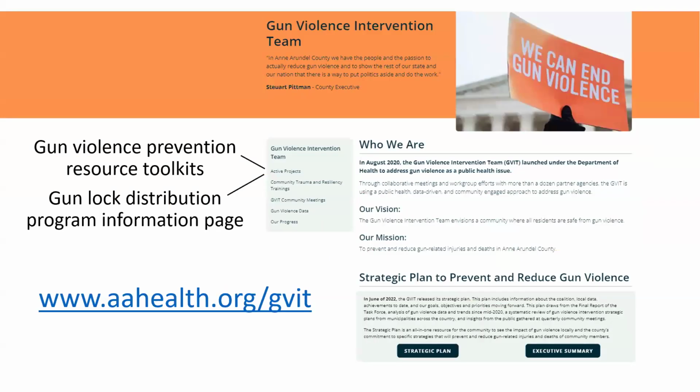So this is a little bit about the Gun Violence Intervention Team, or you'll see it listed as GVIT, and who we are. So there are just over 52 members, and it includes a number of folks throughout county government. So we have, as Gloria mentioned, she's been a member since the beginning. So libraries, the school system, public safety, so that includes fire and police, the Office of Law. There are a number of other members that work with us. And this is where you can find more information on our websites about who we are and what we're up to. Next slide, please.